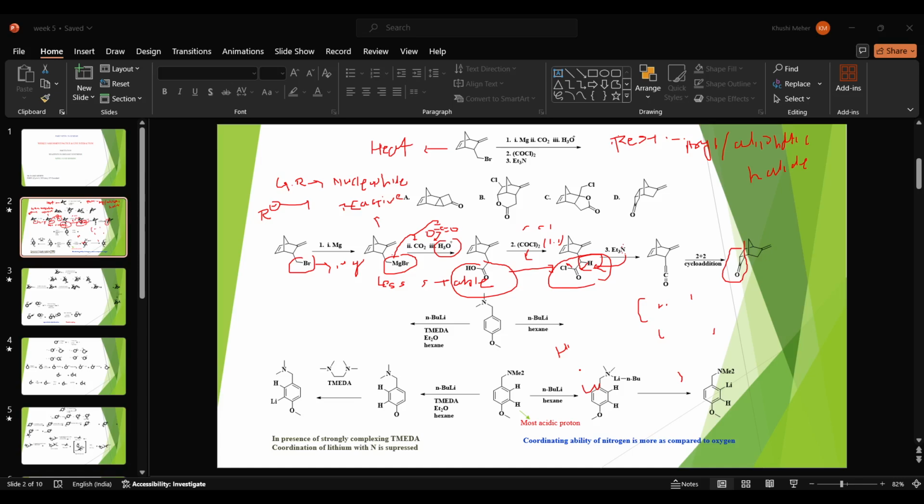In the MCPBA reaction, if there is any chiral center already present in your reaction, then you will get retention of the stereochemistry of the chiral center throughout the reaction, and in your product also the stereochemistry will be the same as in your starting material. Okay,